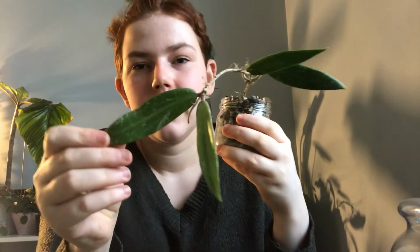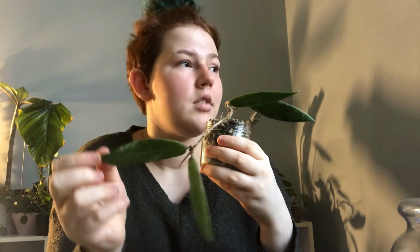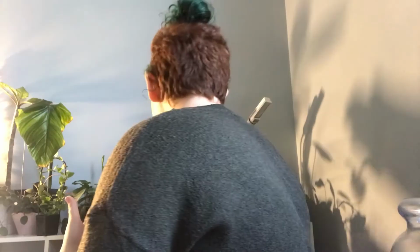After that is Hoya Lowi Province. This lovely Hoya has been on my wish list for a very, very long time. Gorgeous splashy leaves, elongated as well, just super duper stunning. So yeah, also from Crystal Star Nursery, also in Lakuza. So after that, we have some more Hoyas. This is probably my favorite Hoya out of the full haul, besides my